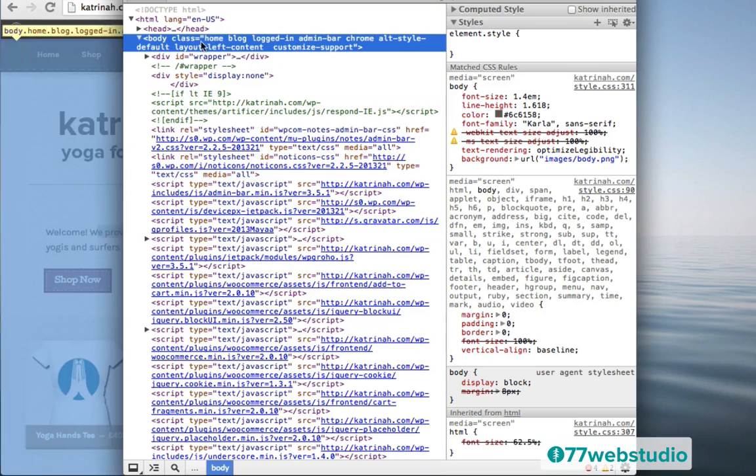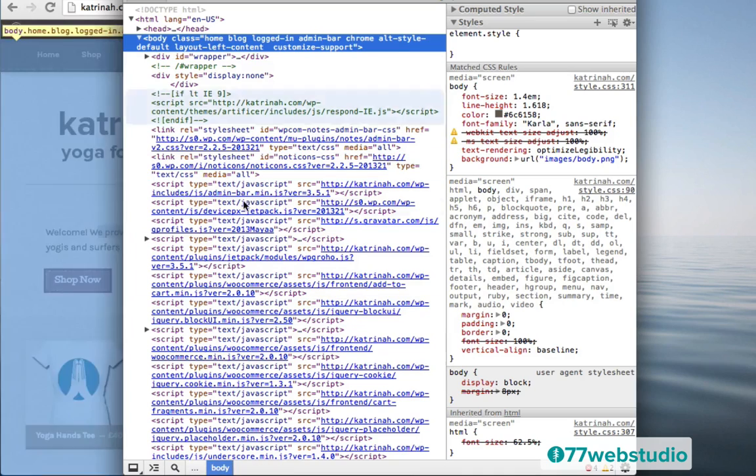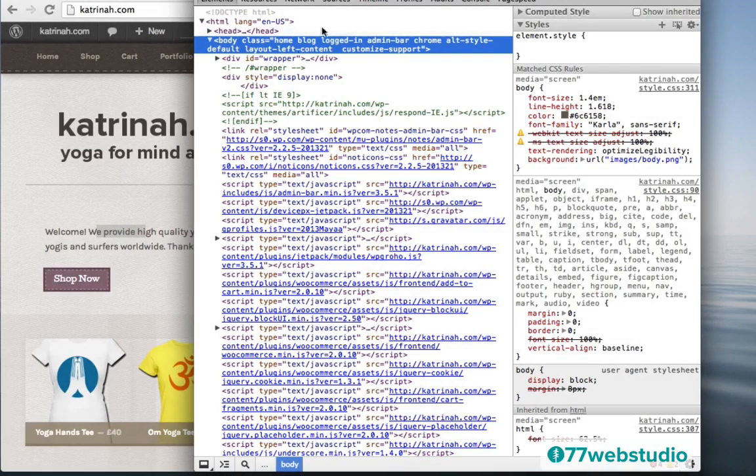And this is all the HTML that is powering this particular homepage of the website right here on the left-hand side. And on the right-hand side, these are all the CSS styles that are used to create all the styles of the website. So things like colors and background colors, font sizes, dashes, borders, all of that is here on the right-hand side. And then the actual structure of how the website is set up is the HTML on the left-hand side. So what we need to do now is find the CSS code that is creating this smaller font size right here.